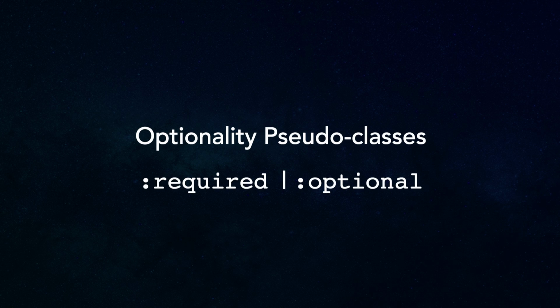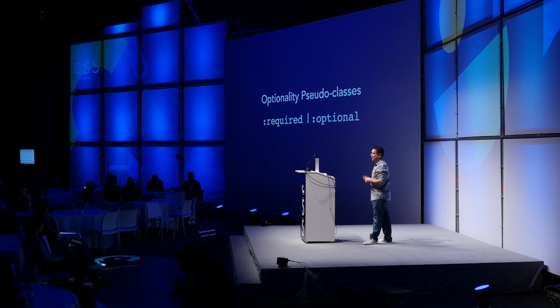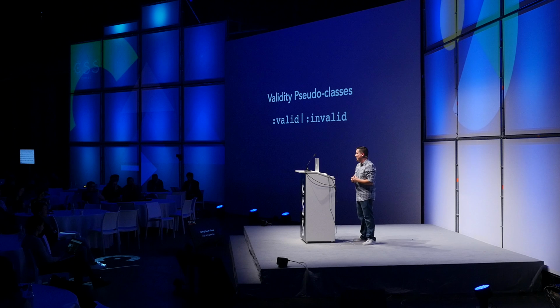There's also new optionality pseudoclasses that target form controls like text fields, text areas, and selects. And it targets them based on whether they are optional or required, so you can style them differently. And there's the ones I really enjoyed using and had fun with in my own work, the validity pseudoclasses, and these let you give your users visual feedback just based on the validity of the data they type into a